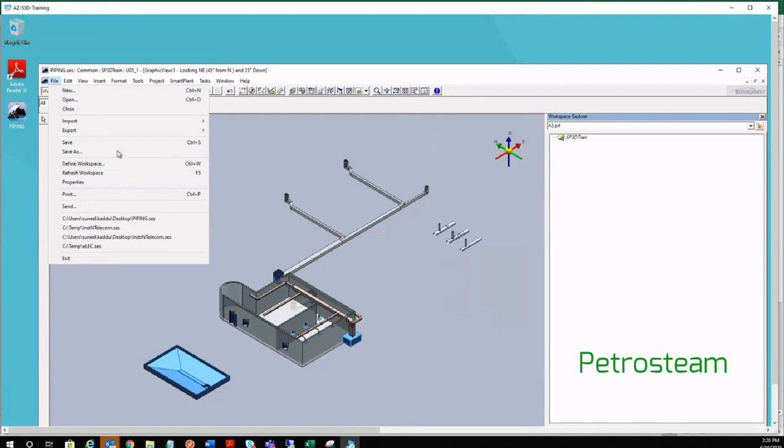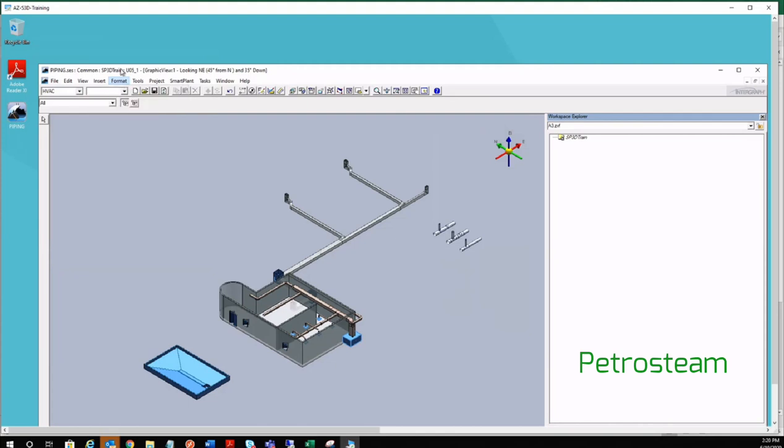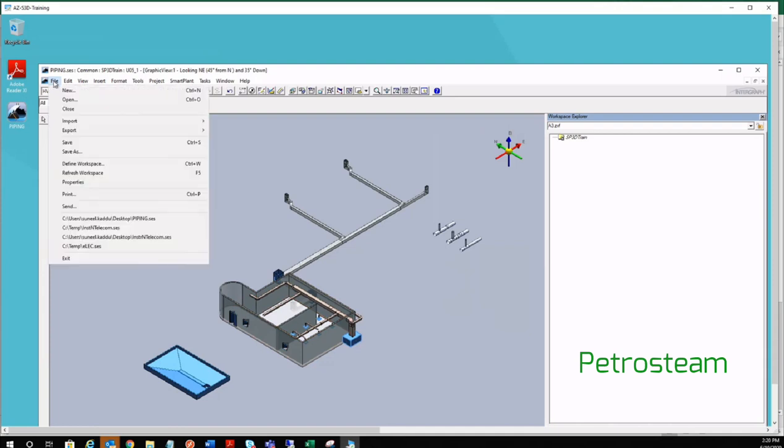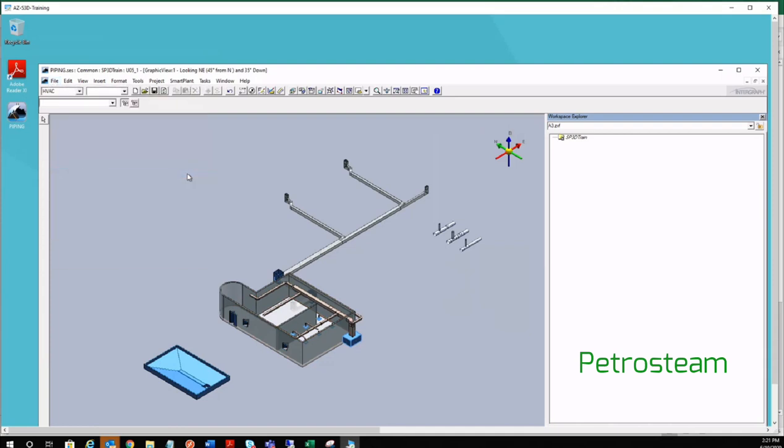Like this, all discipline people are working, and even another piping designer may be working along with you. As it's a live model, whatever you are modeling, if it has to be seen by other users, or whatever you want to see of the modeling done by other users in the live model, to get the updates from other users, you have to use this refresh workspace from time to time.